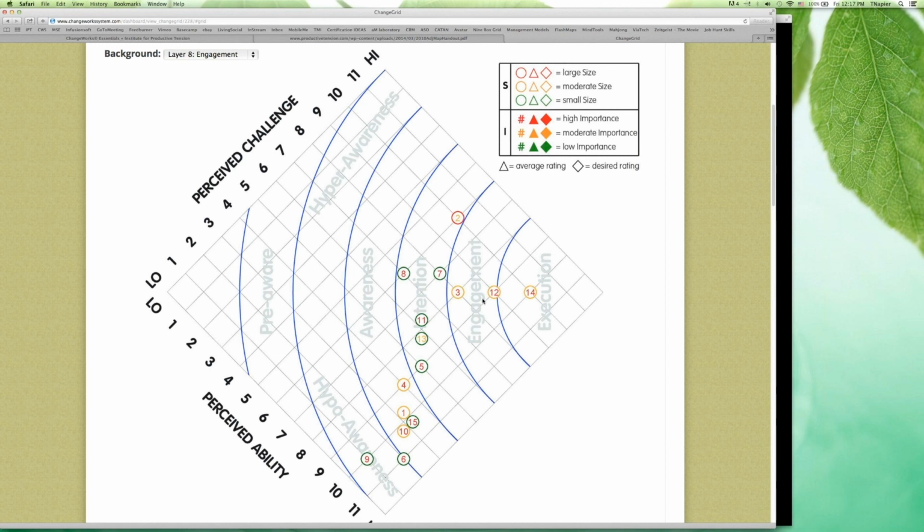So now let's go on to engagement. So engagement again means we're actively doing those things that need to be done. And when I'm mid-grid, when I'm in power, I'm simply, logically mapping out what needs to be done, and I'm naturally following through and doing those things that need to be done.